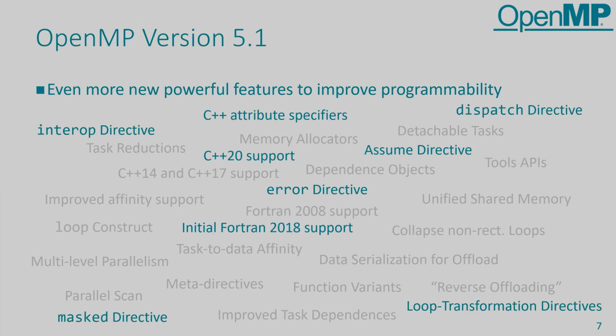We actually prefetched C++20 support before ISO C++, the working group, actually released the standard. And for the C++ programmers, probably the most notable difference in OpenMP 5.1 is that we now support C++ attribute syntax. So if you have a C++ compiler with OpenMP support, you can now specify directives in the syntax of C++ attributes, and you don't have to use